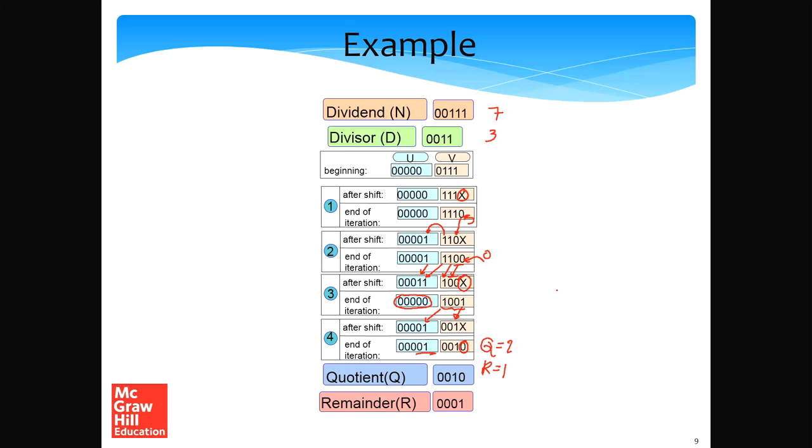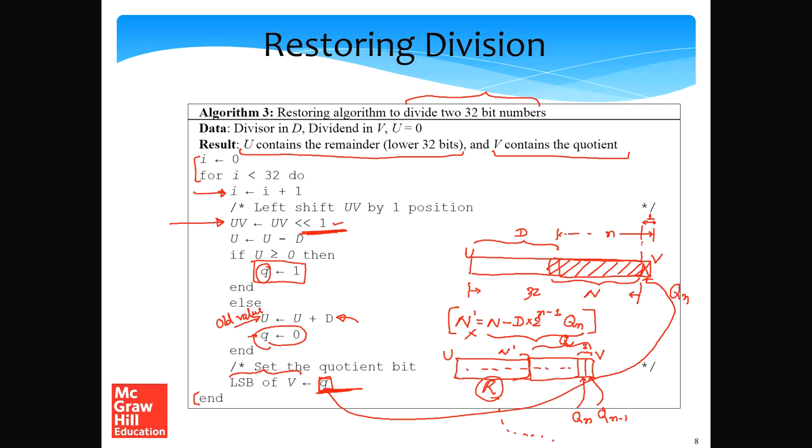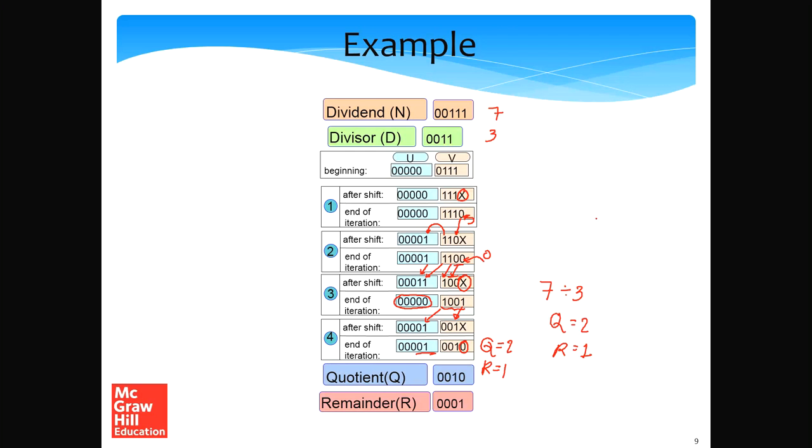Right? Which is exactly what we needed to do. That 7 divided by 3, the quotient is 2 and the remainder is 1. And this is exactly what we compute. And this is a very simple algorithm. So we just run n iterations. Every iteration involves addition and subtraction, which are order log n time operations. So the total time complexity is n log n, coming from n iterations, and log n coming from the fact that we have additions and subtractions in each iteration, and it takes log n time for doing an addition or subtraction.